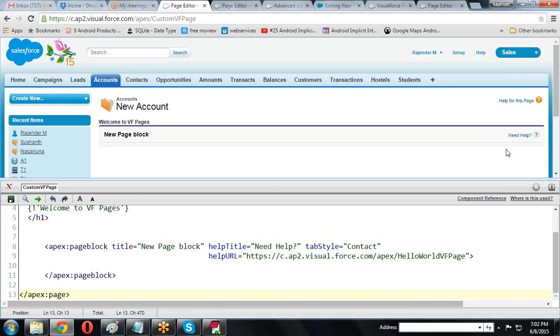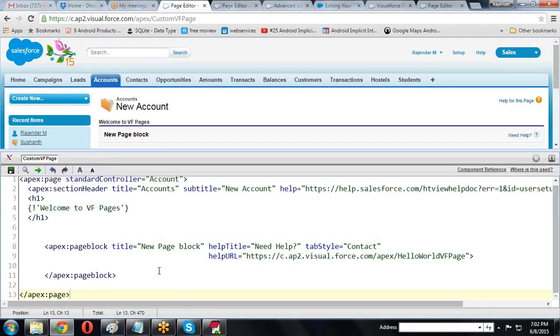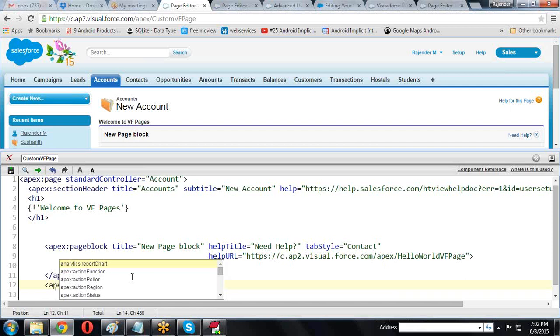Here, I want to display some of the names. For this, I'm creating one more page block. Apex colon.